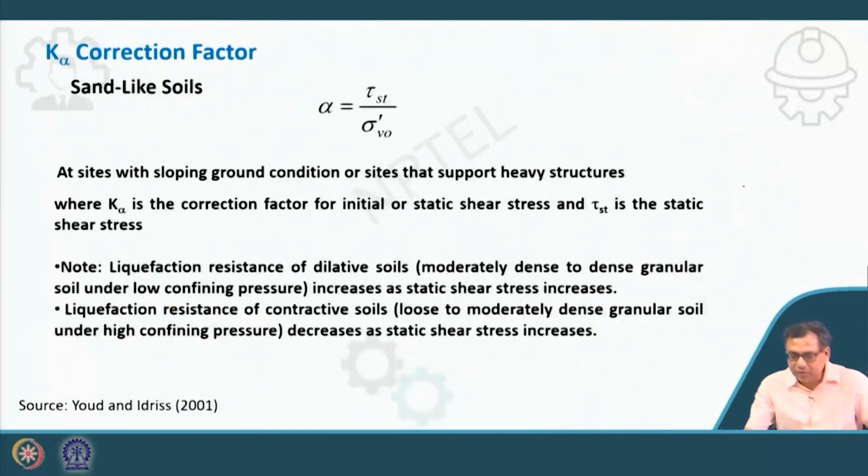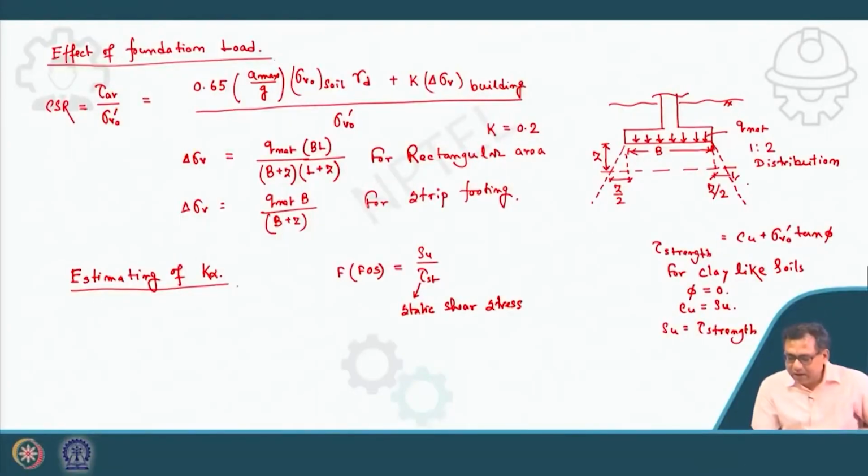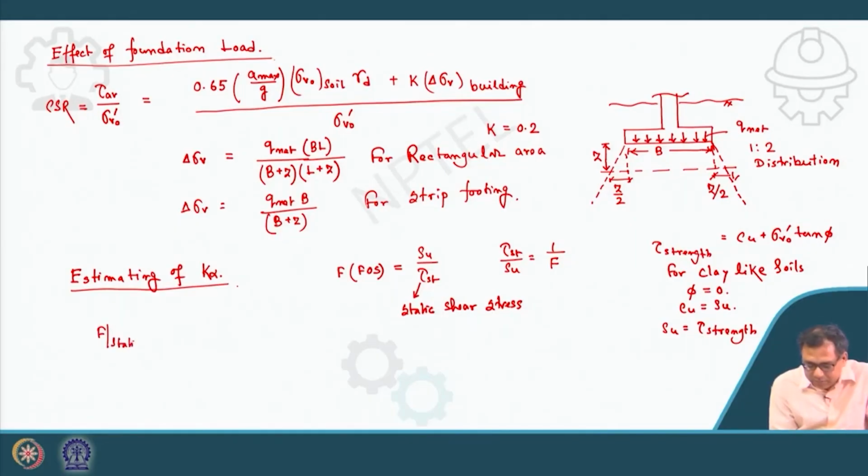So that expression you can write, K alpha or ST divided by SU, is equal to 1 by F, 1 by factor of safety. Now for foundation, how can you get the factor of safety? That is the question. Now you know the factor of safety of foundation can be determined for